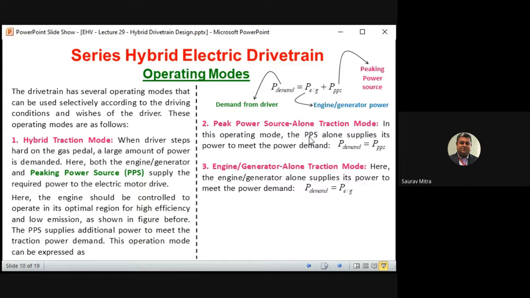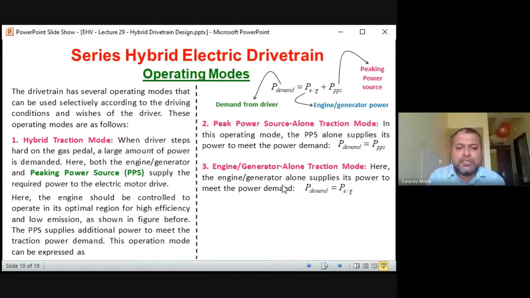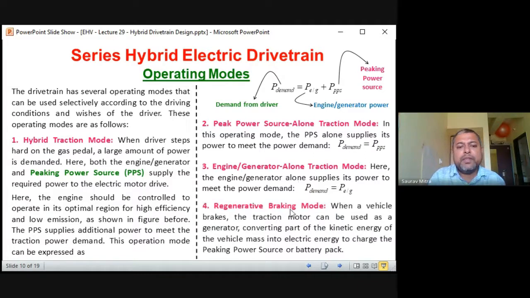Again, once you cross that region, you can switch your vehicle back into engine generator mode, because whenever you are in engine generator mode, there will be some kind of black smoke emission. So there is an effect on the environment. Totally you can drive your vehicle by engine generator, but in that case smoke emission will be more. Actually there's a fifth case, I have written it as fourth.